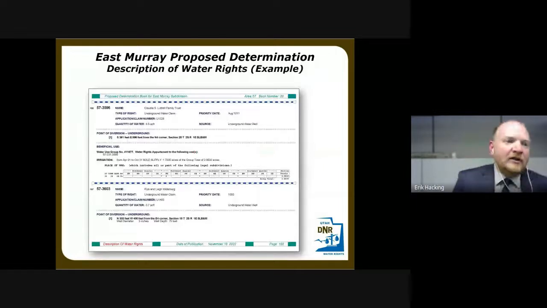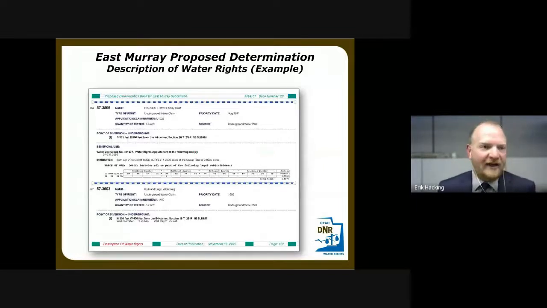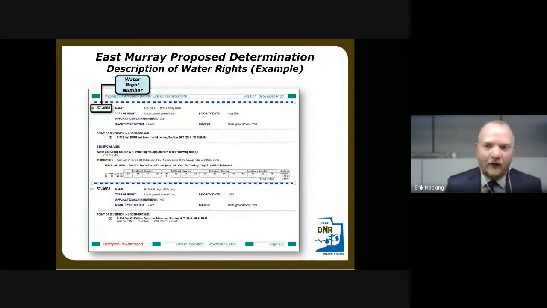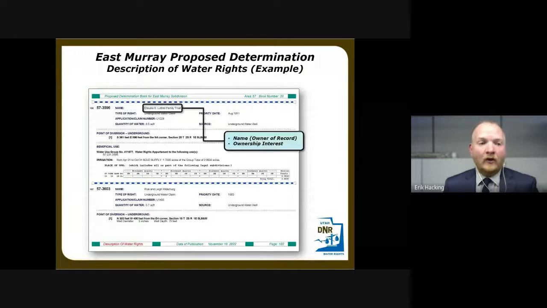All right. Next, let's take a look at an actual water right and give an example of the various components that are involved on each of these. So to start with, the water right number is up here. And as I said before, all the rights in this book start with 57 dash and then the identification number. The owner of record is listed right here. Again, if this is your right and your name isn't listed under the owner, talk with us about updating via report of conveyance.